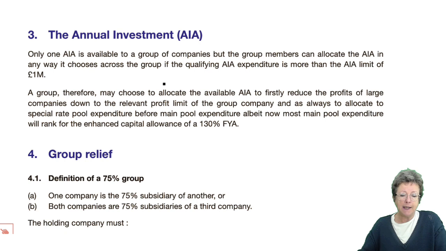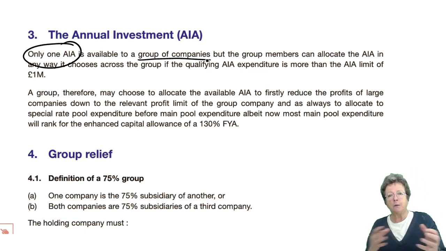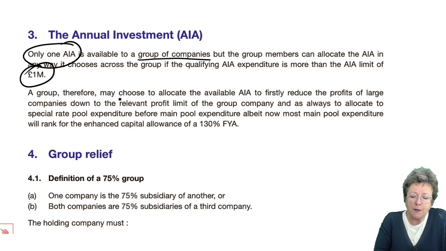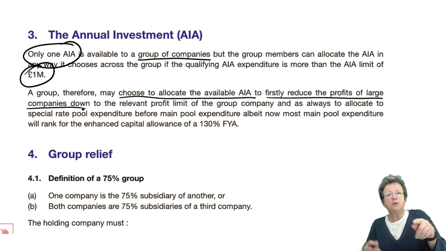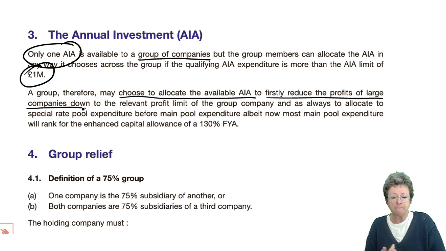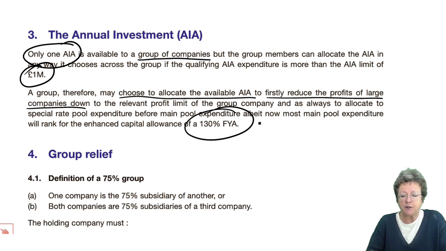Now, an AIA, only 1 per group of companies. You can allocate it however you like, doesn't really matter, but it must be up to the limit. Okay, you can choose to allocate it firstly to reduce the profits of a large company like the one we've just seen, you could reduce that profits below the 375 limit, and therefore you wouldn't have to pay quarterly. So that would work. And don't forget the 130